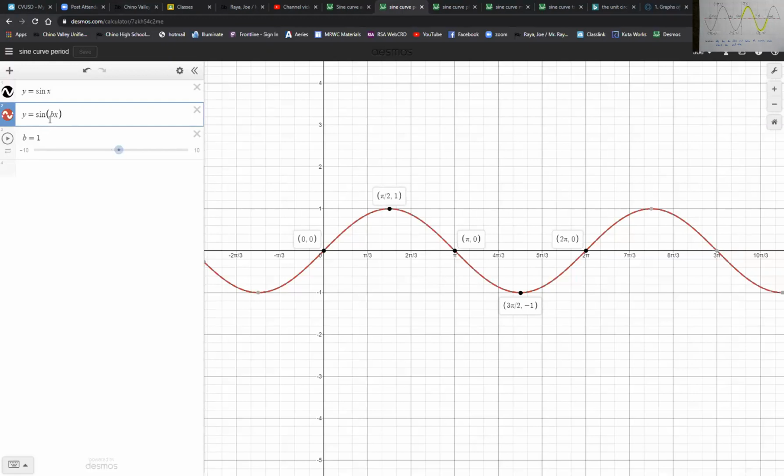So let's say b, the number in front of x, is a 2. That's 2 times x. Well, what's the opposite of multiplication? Division. So here, the period is 2 pi. The period right now is 2 pi. And I'll show you how to find this algebraically in a moment. Period's 2 pi. So if I change b to 2,